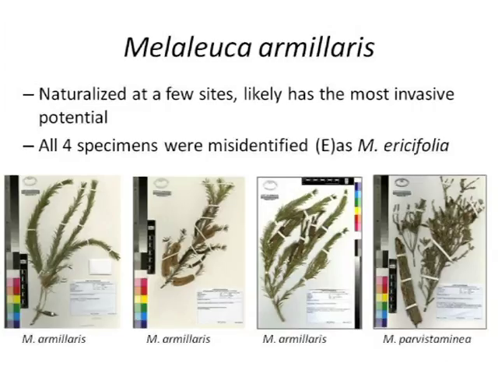Okay, next is Melaleuca armillaris. This is naturalized at various sites and probably has the most invasive potential. So just looking at the four specimens at the bottom, the three on the